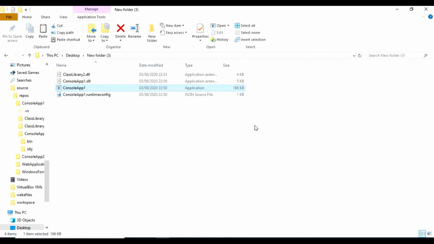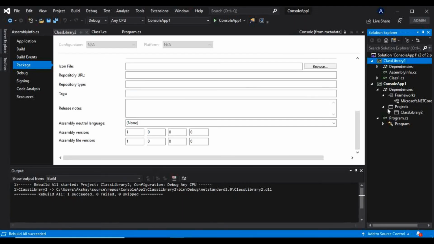Now I have shown you how the .NET runtime finds assemblies during program execution. First it will look in the GAC folder, if and only if the assembly is strong named. If the assembly is not found there, it will check the project's config file. This project doesn't contain any config file, but typically a project contains a configuration file, in which we can mention the location of the assembly.